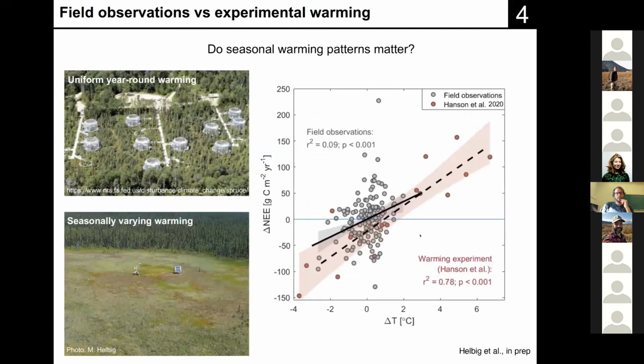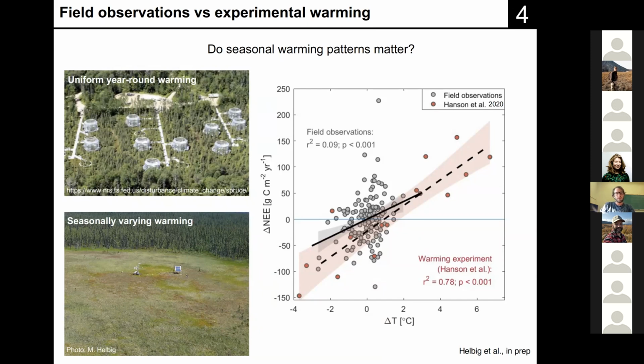Now, let's take a step back and think about whether there are any experimental results that we could look into. There is a spruce experiment in northern Minnesota. It's a peatland that has been warmed at different levels. But what is really important is that the warming is also uniform. So basically each month has +2 or +4 or +8. So there's no seasonality in the warming. And if we look here at the NEE changes in relation to the temperature anomaly, we see the red line. It's really a strong relationship. There's a very clear decrease in net CO2 uptake with warming.